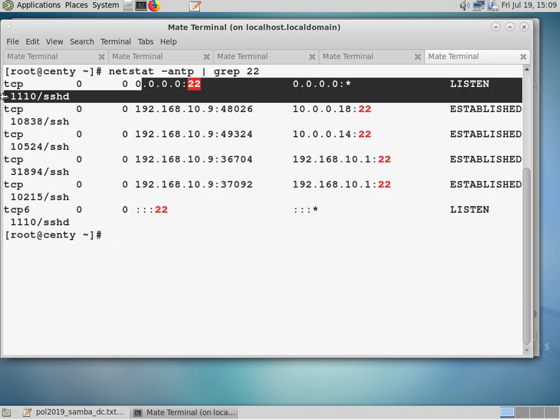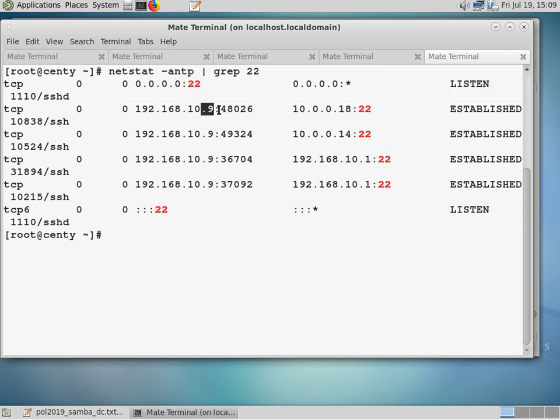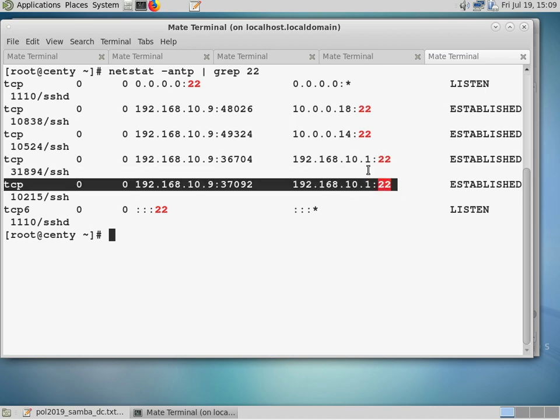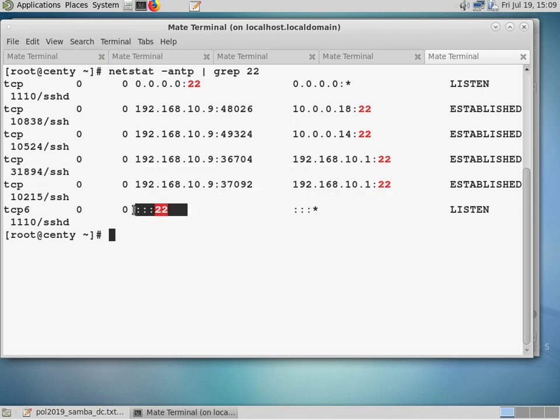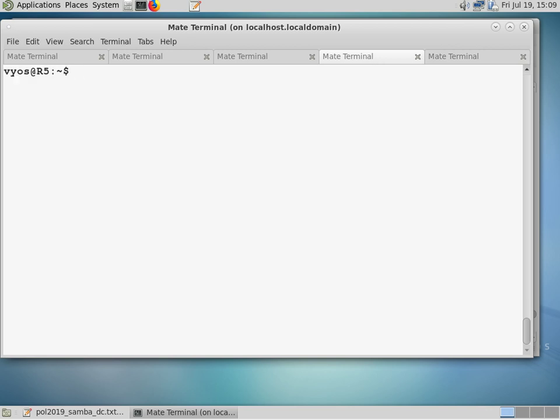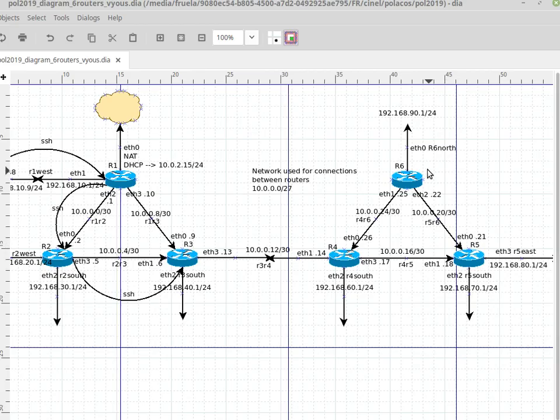Now we have SSH server working here. This is where we are connected. This is our port, and right now is connected directly. This one directly to the R3, oh sorry, R4 router and R5 router directly connected, and then we have also two other connections. This is also listening on IPv6 connection. So we are on R5, and let's make the last